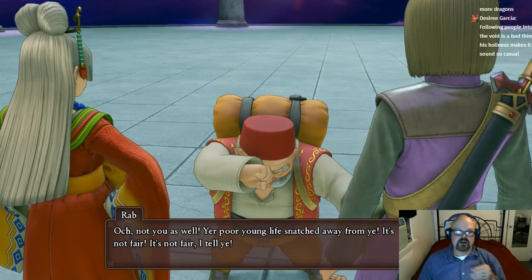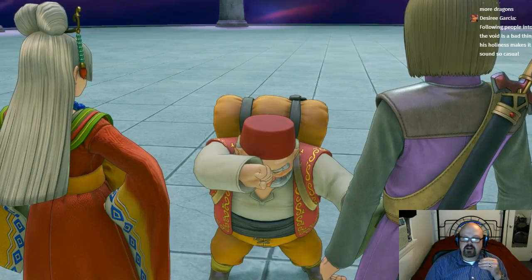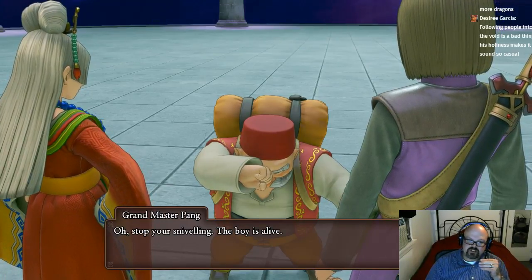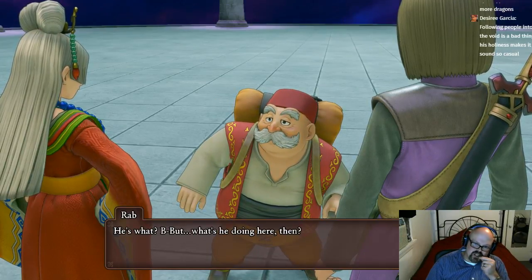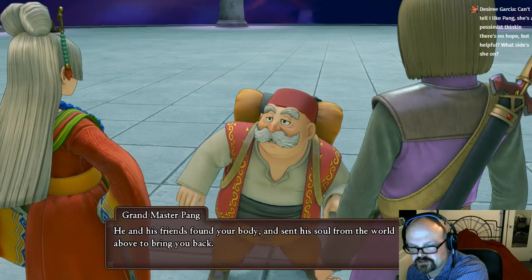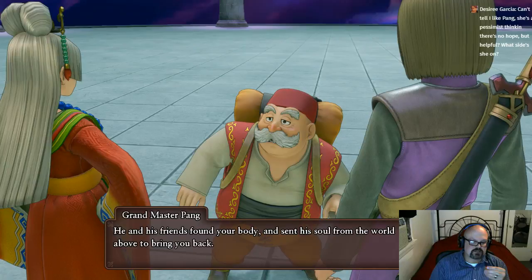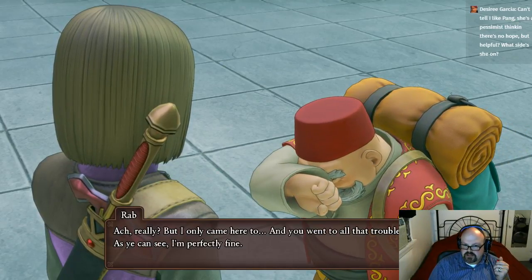Away from me. It's not fair. It's not fair, I tell you. Oh, stop your sniveling. The boy is alive. He's what? But what's he doing here then? He and his friends found your body and sent his soul from the world above to bring you back. Really? But I only came here to...